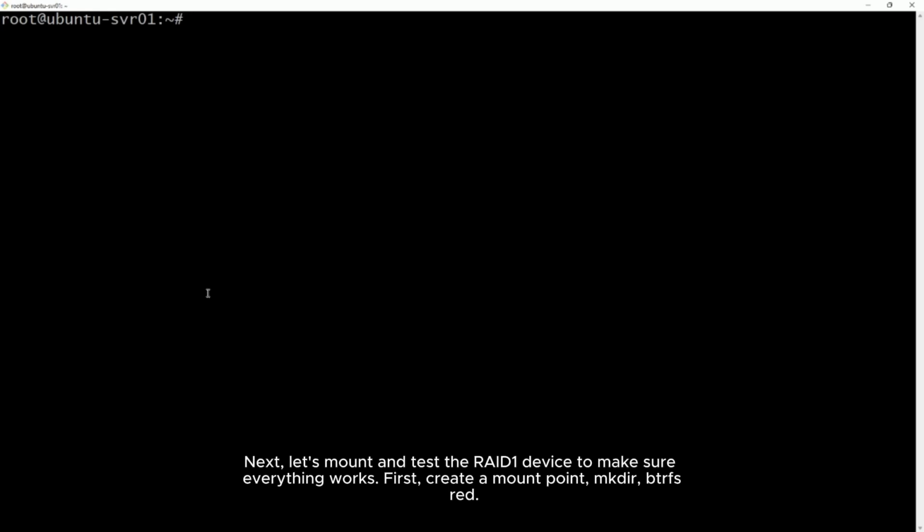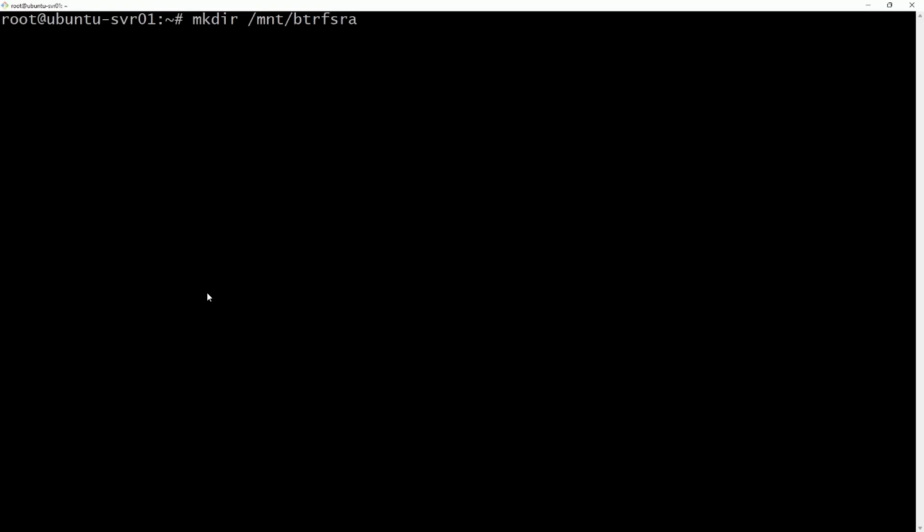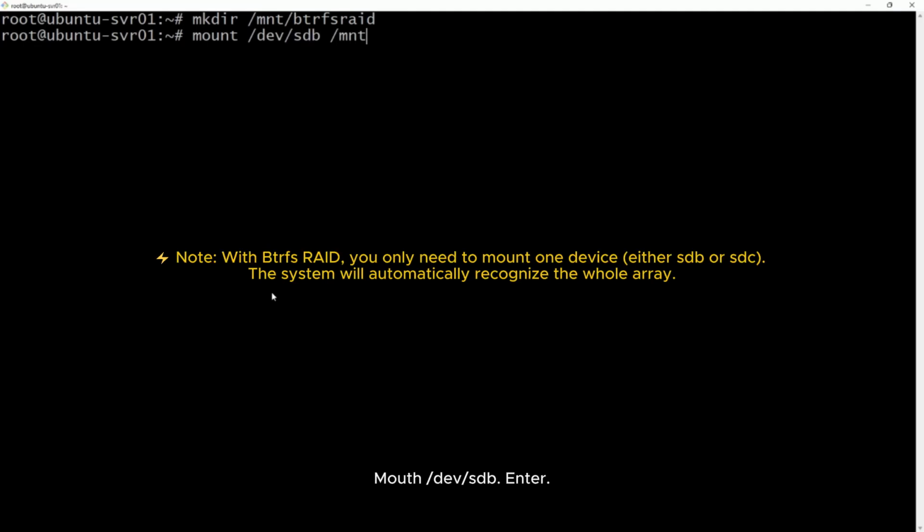First, create a mount point, mkdir /btrfs-raid1. Enter, then mount /dev/sdb on /btrfs-raid1. Enter.